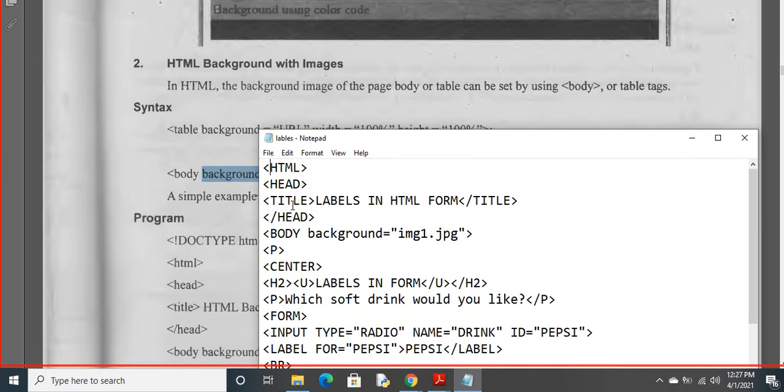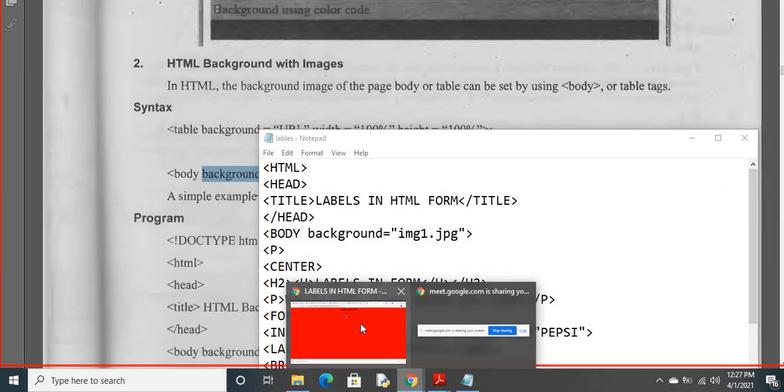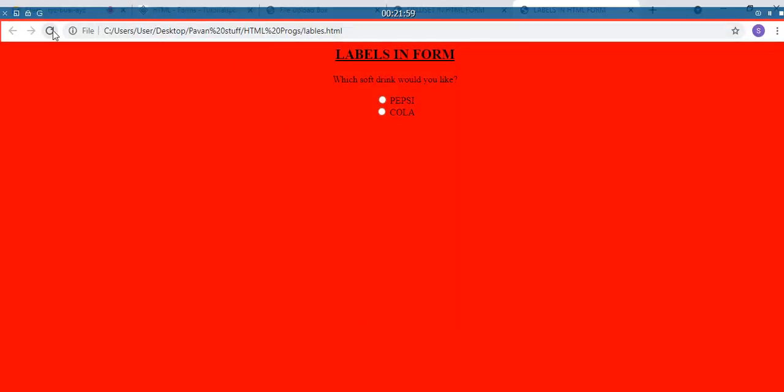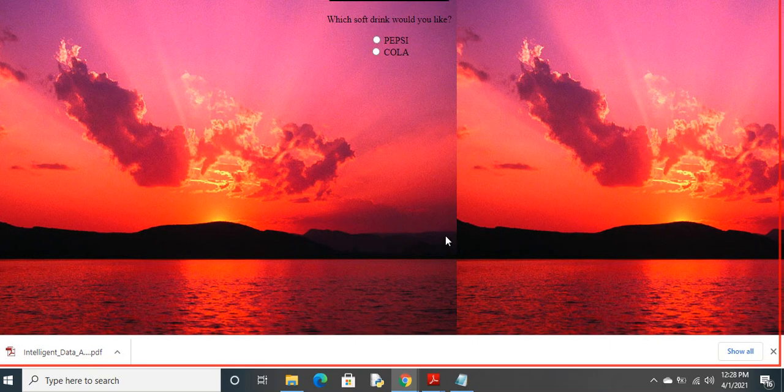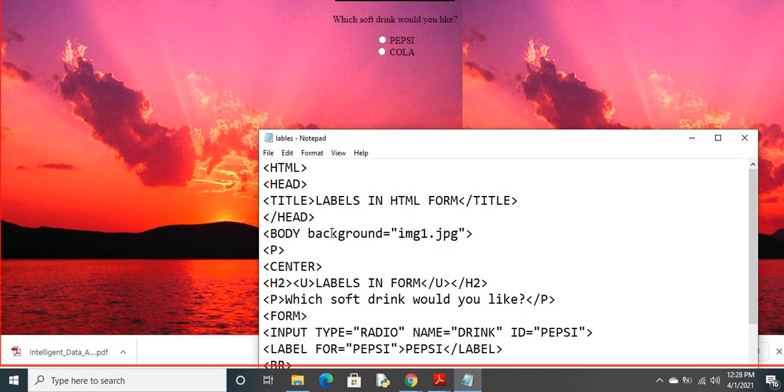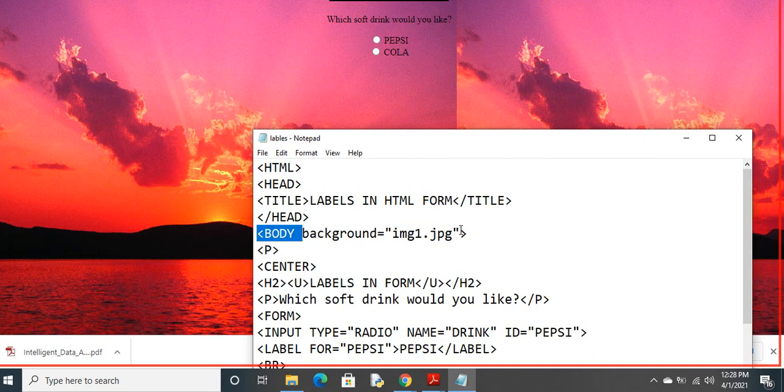File, save. Now just check it out. This will be the body background. So if you want to set the body background as an image, any image as a background, we use this background attribute. It is an attribute of the body tag. So body background equal to whatever the image you want to set as a background, you have to specify the complete URL of the background, then that image will be inserted as a background.